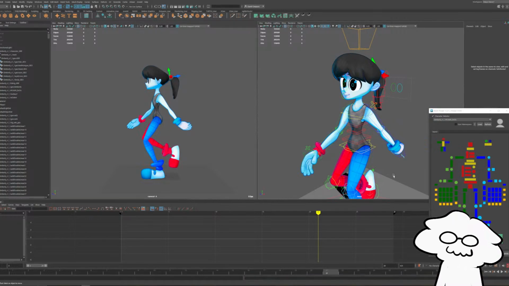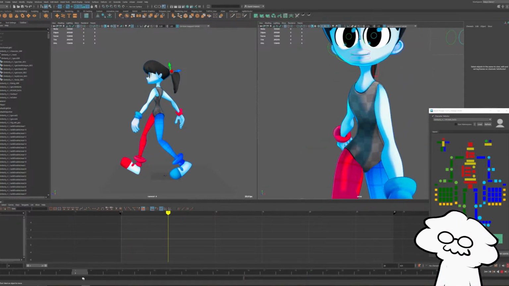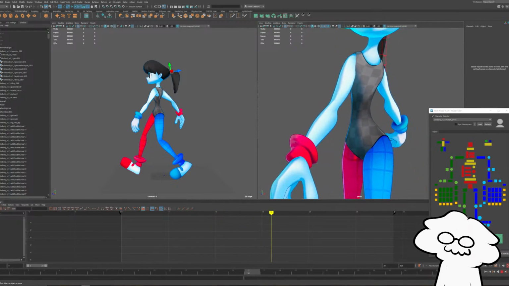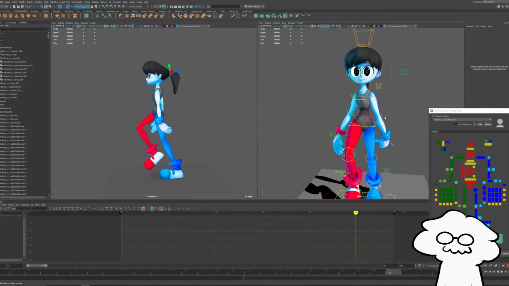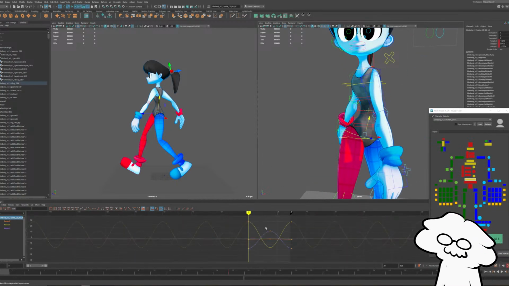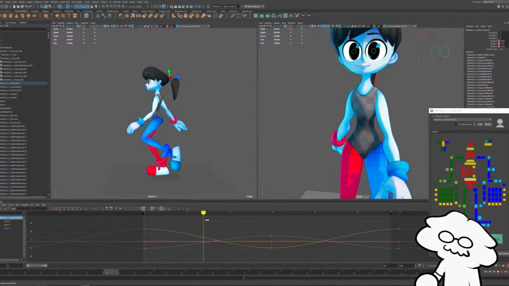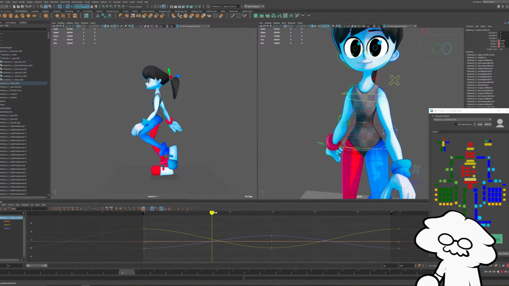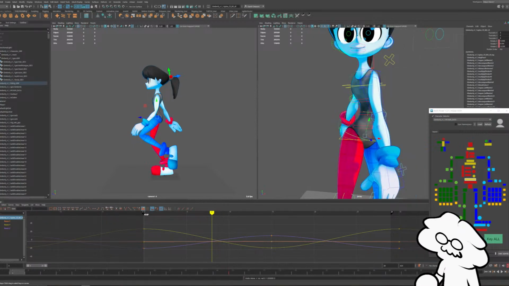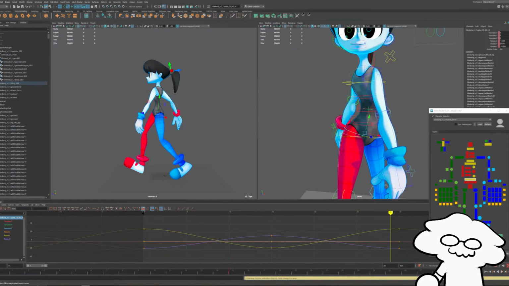Yeah, we'll leave it at that. You can see it in the spine compression. It stretches upwards during the up pose in the walk cycle. And then we'll do the same for the hips. So in between each step, we're going to move it downwards. Oh, I need to key my positions, frame 0 and frame 30.